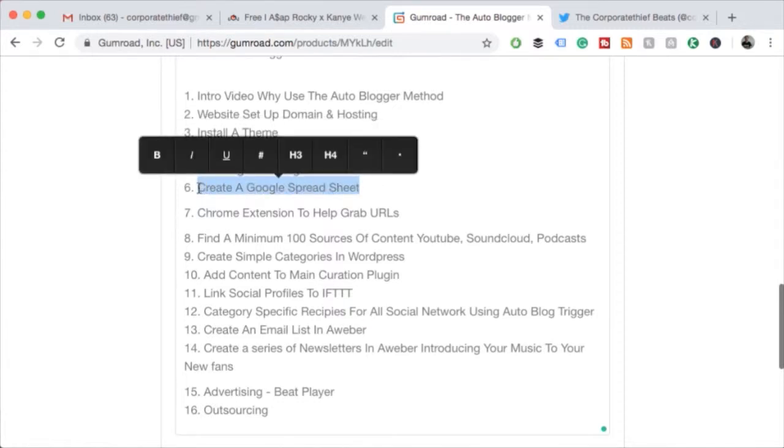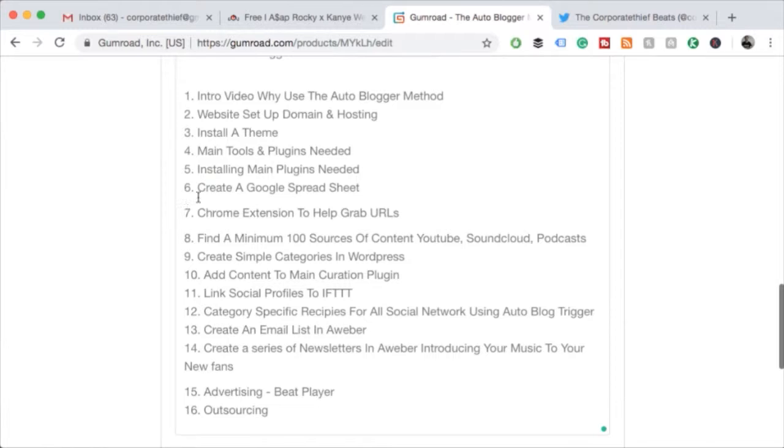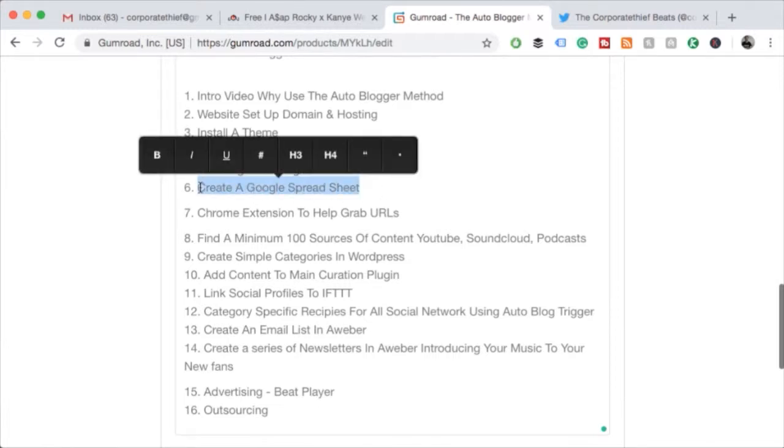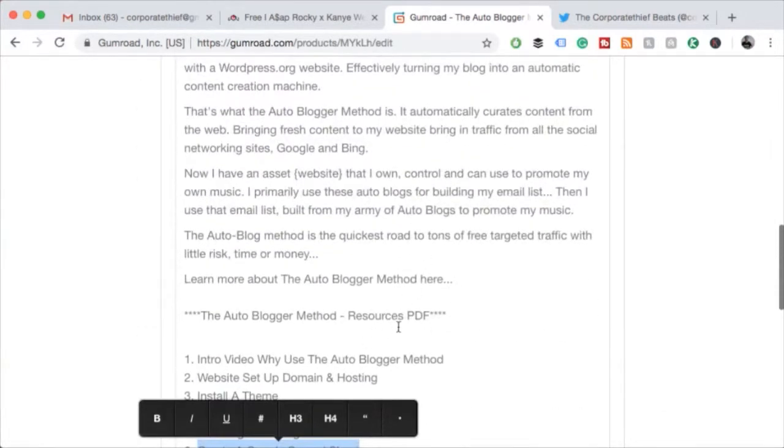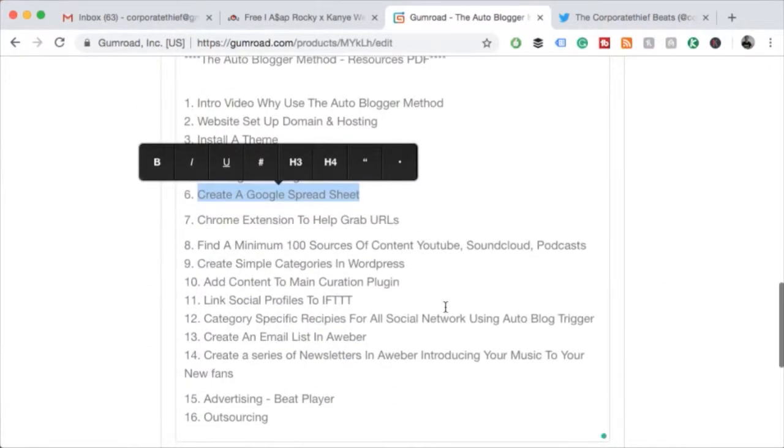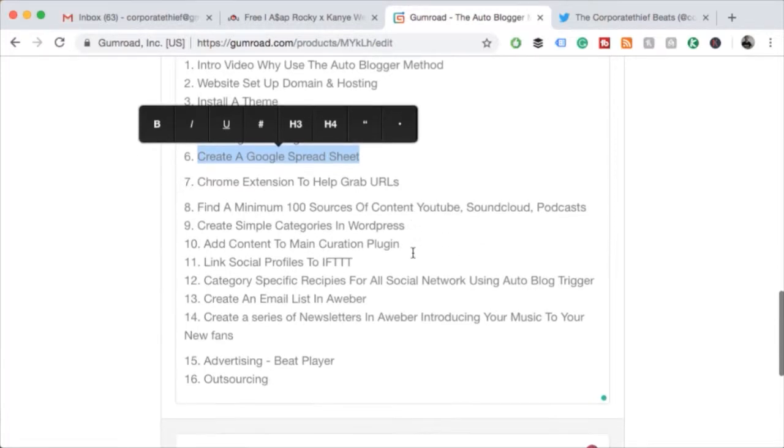As well as that, you need to create a spreadsheet for your... a Google spreadsheet. It doesn't have to be a Google spreadsheet. It could be any spreadsheet, but you need to label it right. I'll give you a download one. I'll actually put it in here. I'll put in one where you can just download a spreadsheet so it's already done for you, so you can start it straight away.